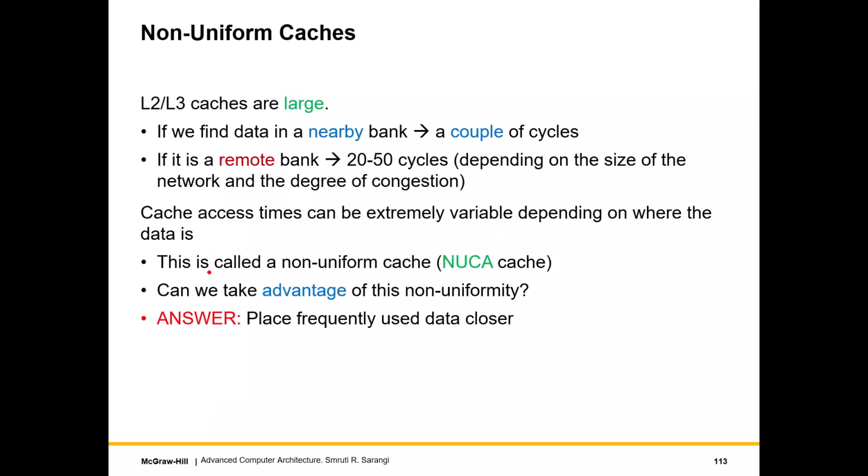So what's the key idea here? The key idea is that L2 and L3 caches are very large. Given that they are very large, we have the cores over here and we have a sea of cache banks. Let's call them C for core and B for cache banks, and there can be a lot of these cache banks. So if a message needs to go from here to here via these routers,